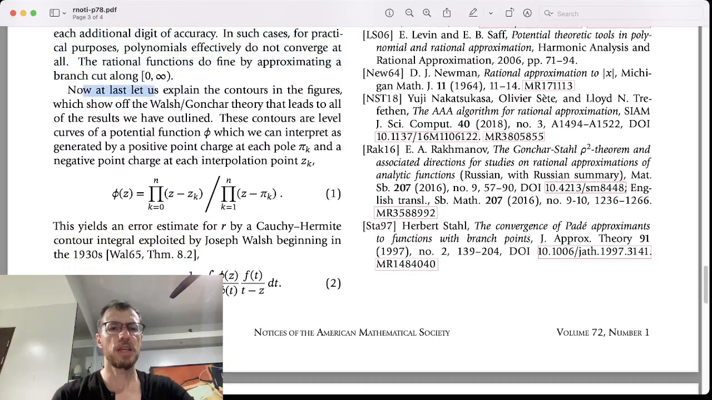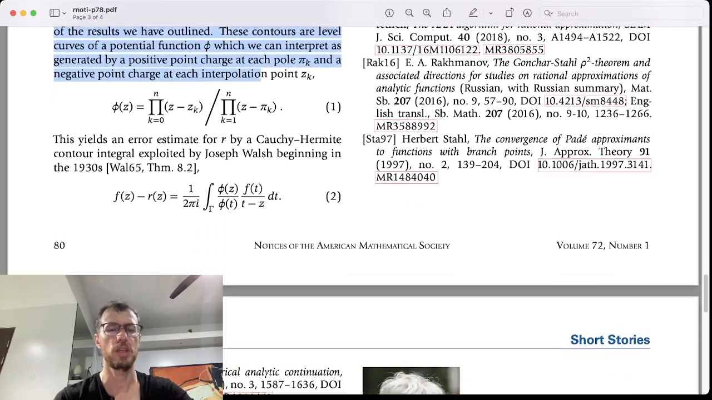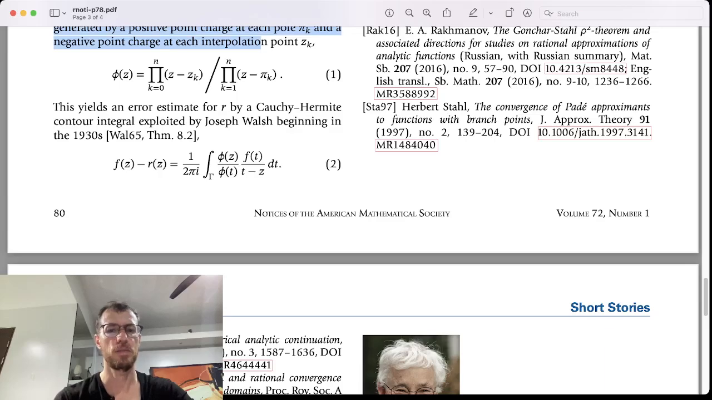Now, at last, let us explain the contours in the figures which show off the Walsh-Gonchar theory that leads to all of the results we've outlined. These contours are level curves of a potential function phi, which we can interpret as generated by a positive point charge at each pole pi k and a negative point charge at each interpolation point zk. Phi of z equals product k equals 0 to n z minus zk over product k equals 1 to n z minus pi k. This yields an error estimate for r by a Cauchy-Hadamard contour integral exploited by Joseph Walsh